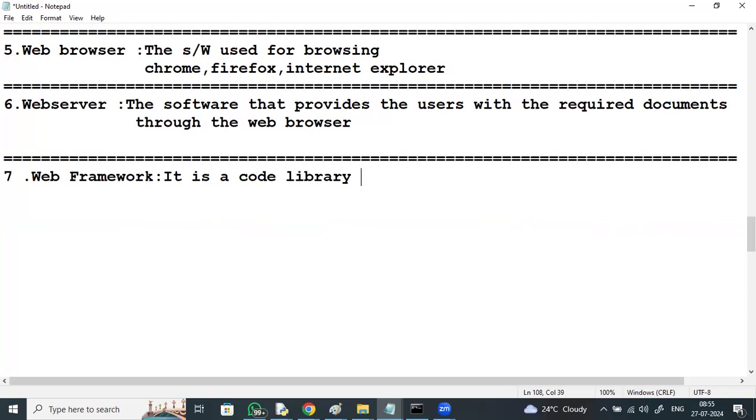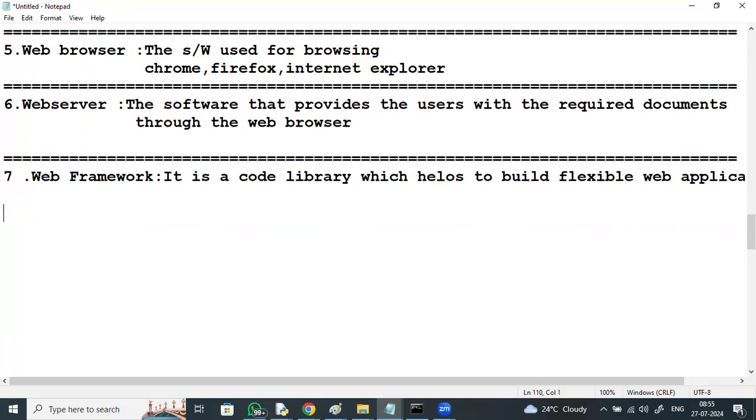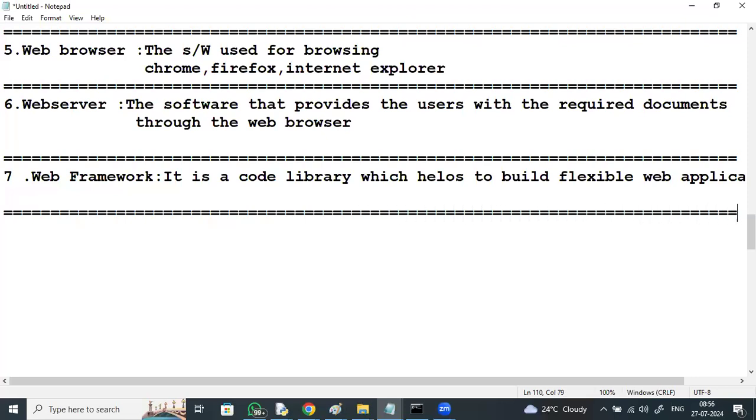It is a code library which helps build flexible web applications. So these are the things you need to understand, right? The terminologies. I was discussing the front end and back end developer and what the web terminologies are you